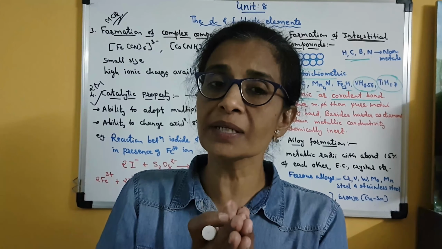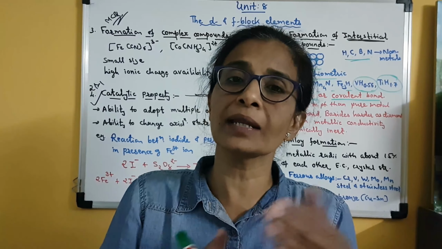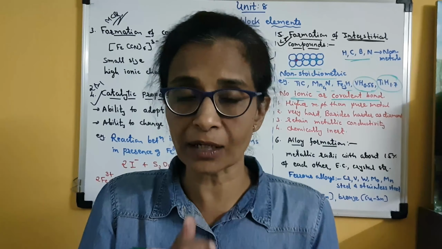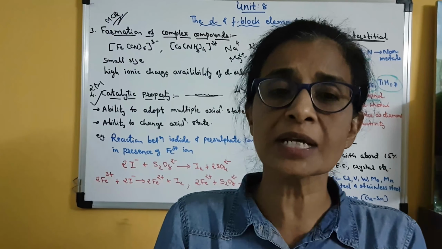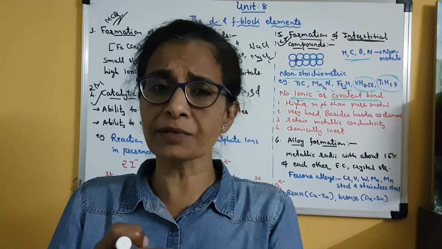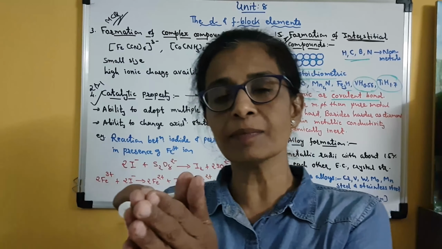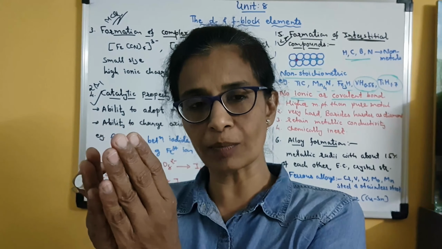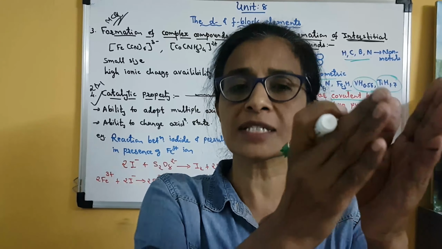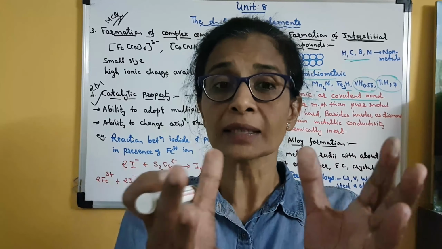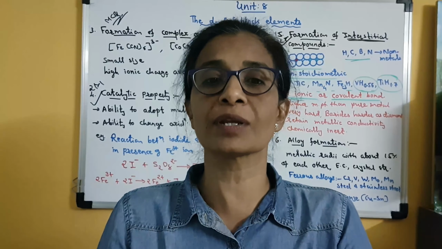Here identical means they will not have the same electron configuration. If they had the same electron configuration, then the element would also be the same. It is not in that context. Here they must have identical electron configuration, meaning there must be very slight difference in their electron configuration. Clear? For example, if one element has 5 electrons in the d orbital, the other has 4 electrons in the d orbital, and the third has 6 electrons in the d orbital, then these 3 elements have very close electron configuration, so they can be mixed very well.